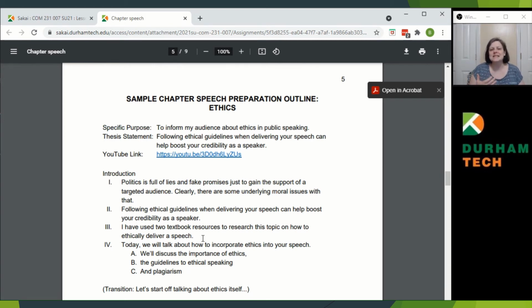So your point is not to say everything that happens in the specific chapter. The point is to talk about a few specific things and to teach your audience about that. Now, the reason that we have the chapter speech is 1, because I'm more or less giving you a lot of the research that you need, or at least pointing you in the right direction. And 2, you're probably going to be doing a presentation of some kind at some point during the